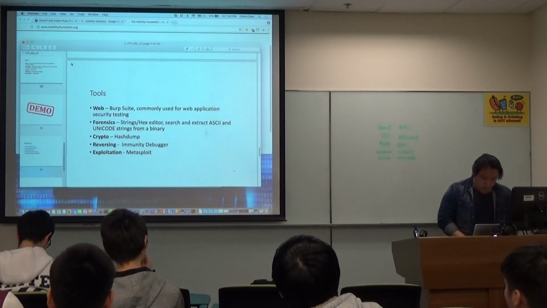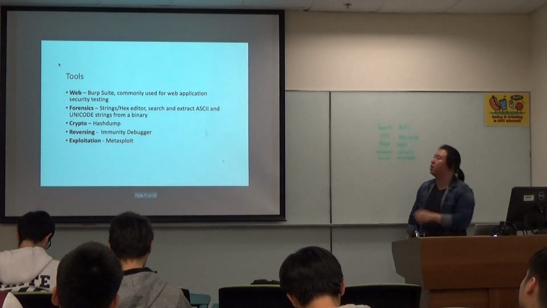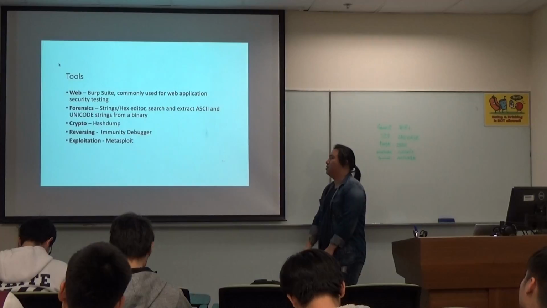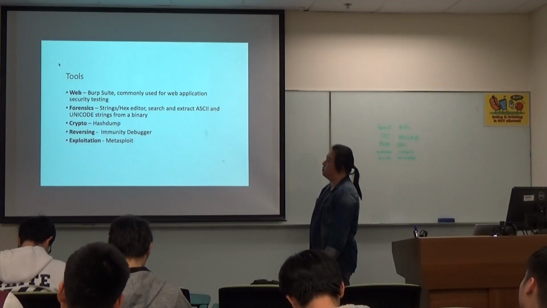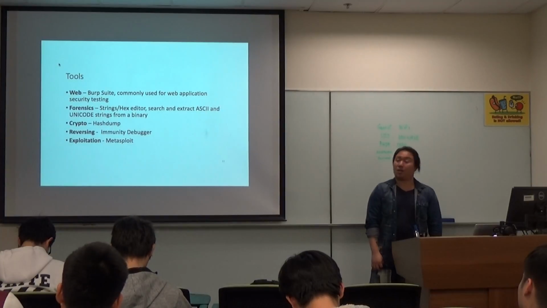So for crypto, actually not too many tools we need to use. Just use some hash dump, just use an identifier, try to identify if it's a common